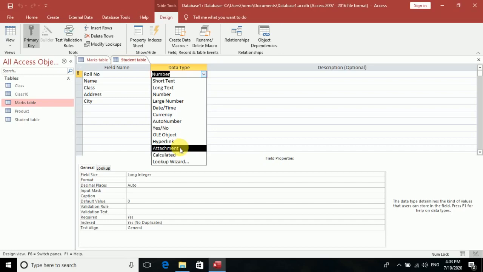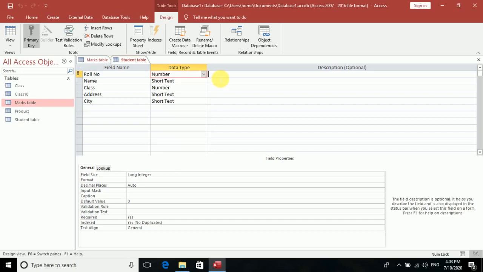If you want to keep the scanned copies as an attachment, then you can do it. Calculated field: if you want to do any sort of calculation, you can do it with the help of the calculated field. Next is lookup wizard, in that a drop down list. Like take an example that you want to go by the city or country. So many countries are there, you want to list them in one place, then you can list them and do the selection. Okay, so let us start now.